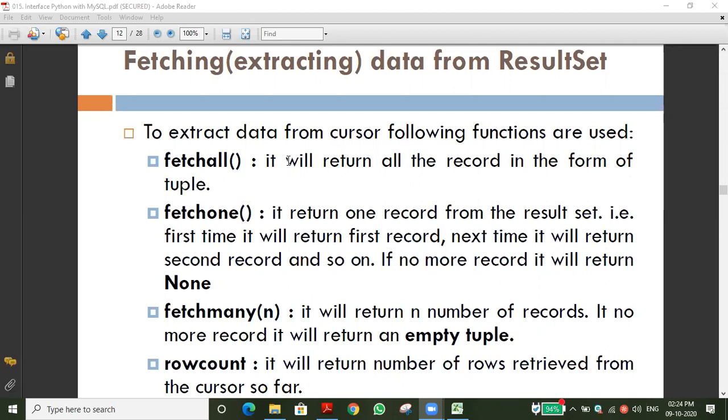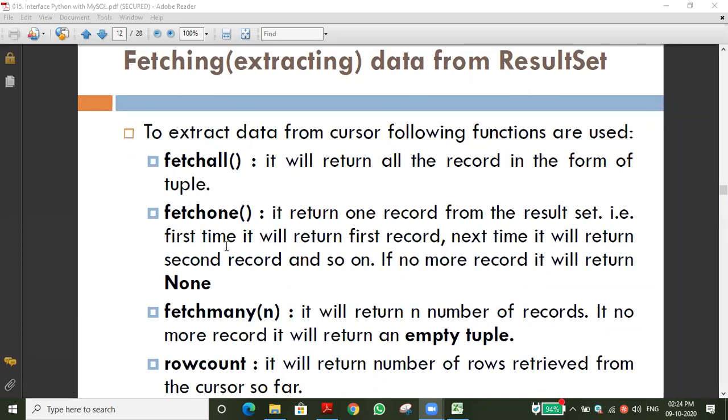At a time it will fetch only one record, in the order in which we stored them in the table: first record, second record, third record. Fetch means it will retrieve, read or return; return is the best word among them. Have you got it, Chandru?